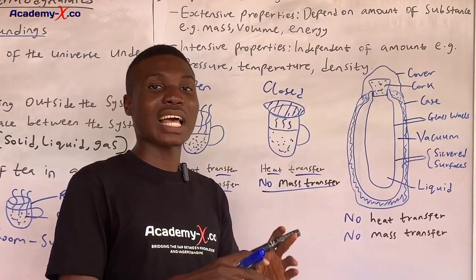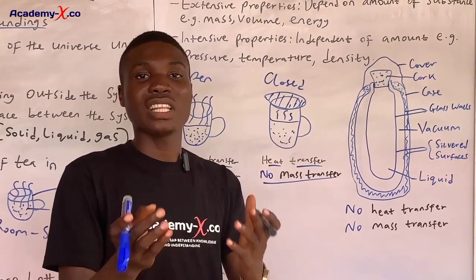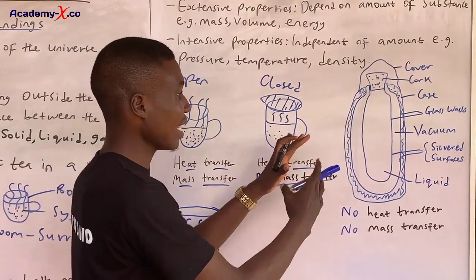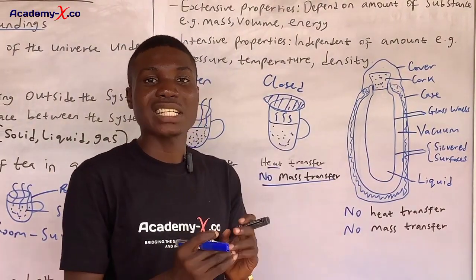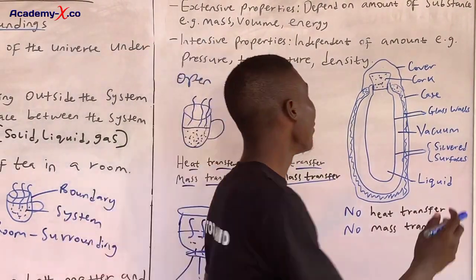You can just look up Google and type example or image of a thermos flask. You see what I'm talking about. But this is the internal structure of a thermos flask that allows it to operate as an isolated system. So in a thermos flask,